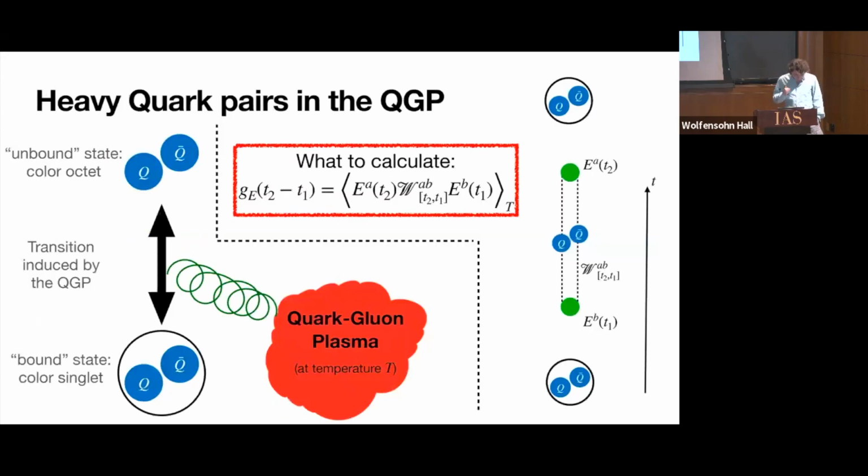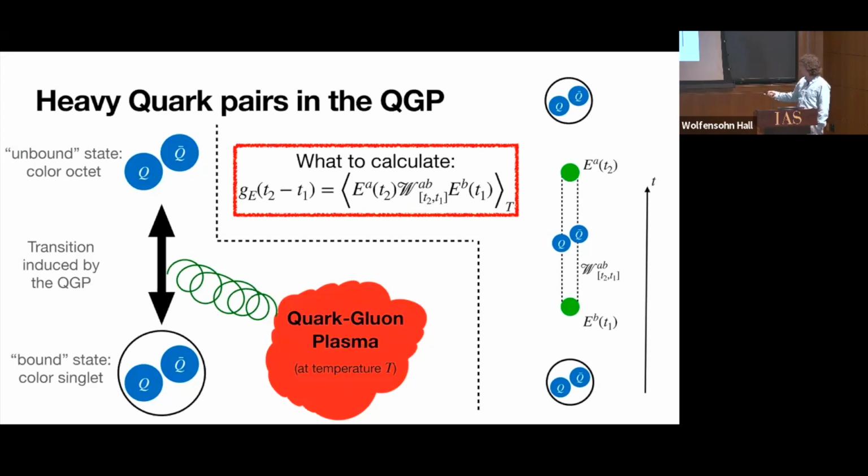What's the first thing you'll get out of this? Assuming that the quarks are heavy, they'll be sitting together quite closely. The plasma will not be able to see the distance between them because it's at a temperature lower than the heavy quark mass. And what it will do, to leading order in a parameter expansion that I will not specify here because that would take too long, is make these heavy quark pairs transition between color singlet and color octet states, in the same way that you can make a hydrogen atom transition between different energy levels by hitting it with light.